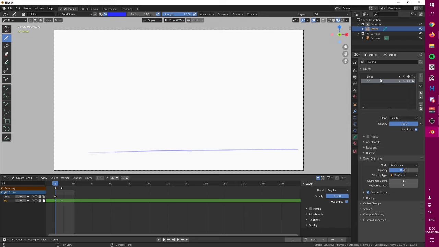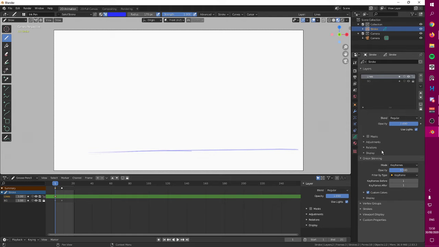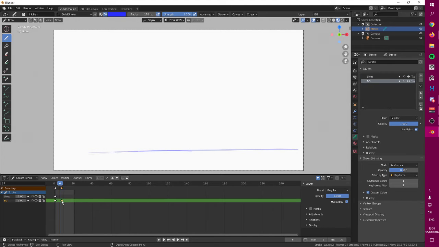Another cool thing in this section is where you can change your onion skin settings. So first, let's draw a ball. I'm going to show you that later. You're going to see, by the way, before I even start, that the horizon line is disappearing here. This is because there is another frame in here. So let me select this frame, press X and delete this frame. Now it's going to be all the time in there.